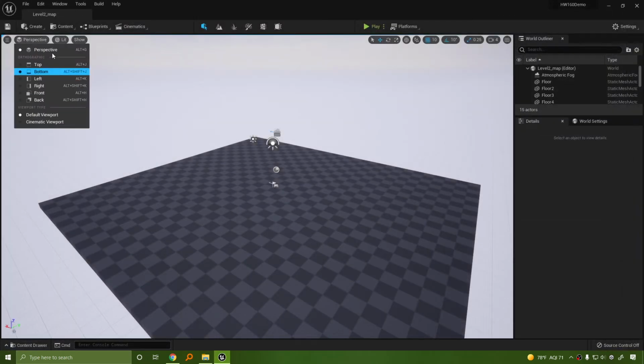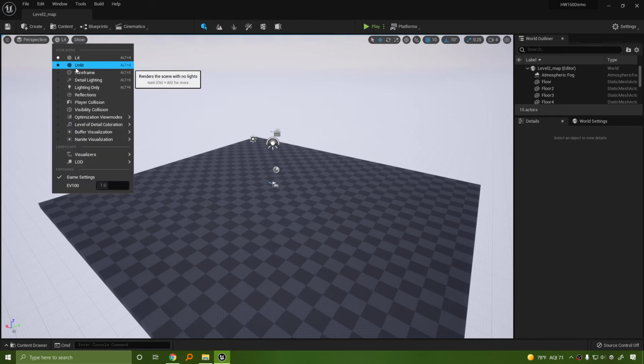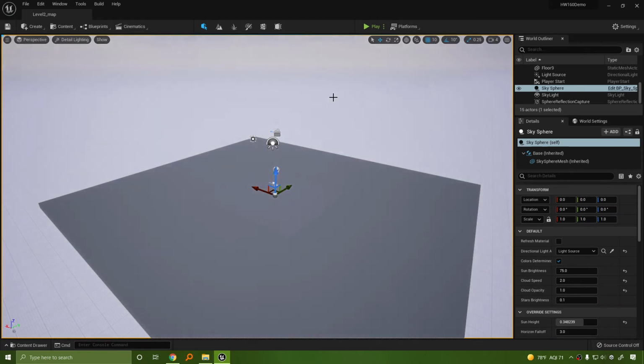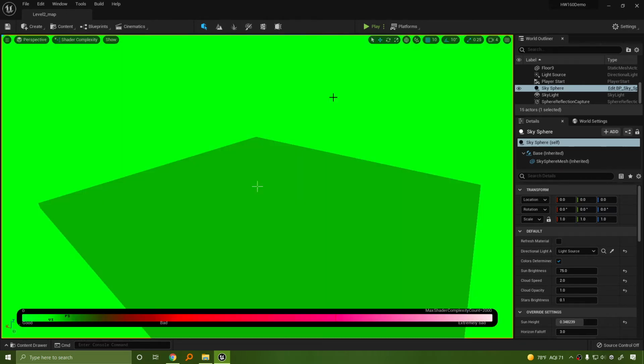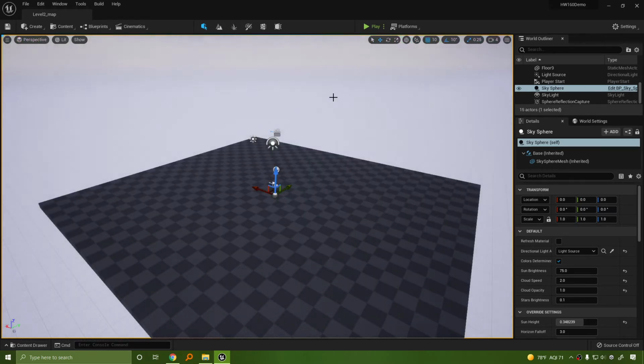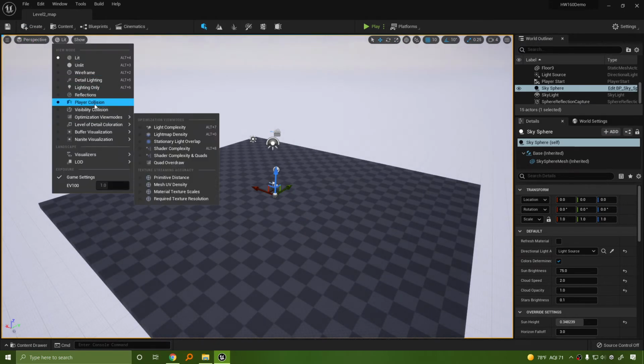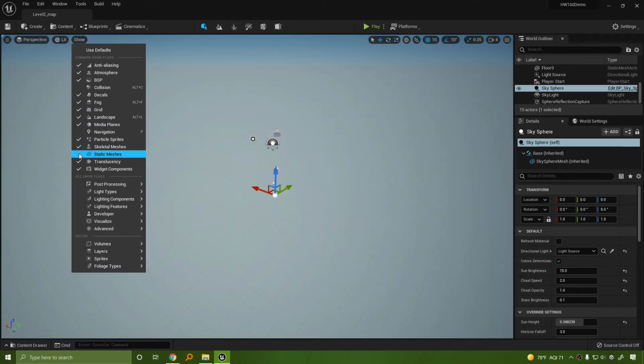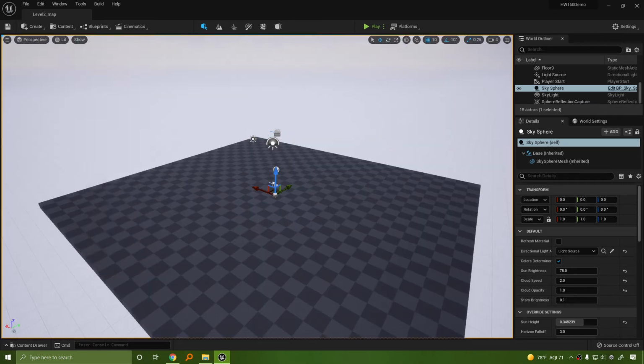We have our different viewports, our perspective and our orthographic viewports, default versus cinematic viewport. We can play around with it later. Our different lighting settings: detail lighting, lighting only, lighting complexity, shader complexity, and so on and so forth. I'll talk about these more as we go. And over here we have the ability to see what objects are in the world. We can hide objects. For example, we can hide static meshes. If we hide static meshes, we hide all the static meshes, including the sky sphere. The sky sphere itself